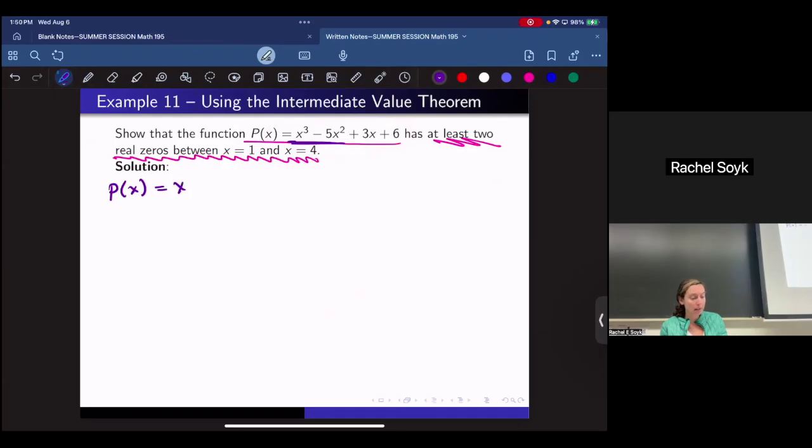We can pull out x squared. And when we do, we're left with x minus 5. And then if you look at the last two terms, we can pull out a greatest common factor of 3. And when we do that, we have an x plus 2. But then you really can't go too many places with that. So what you have to end up doing, which we'll learn about in the next few lessons,